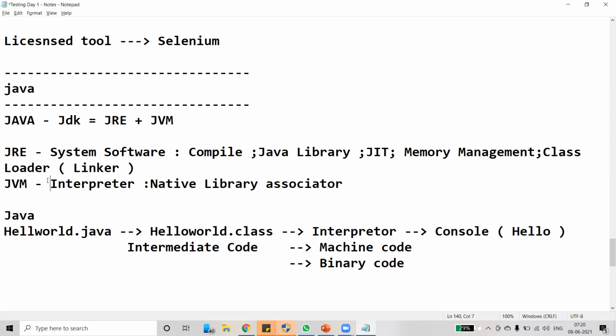JVM provides a Java virtual environment. Why do you need a Java virtual environment, first of all?